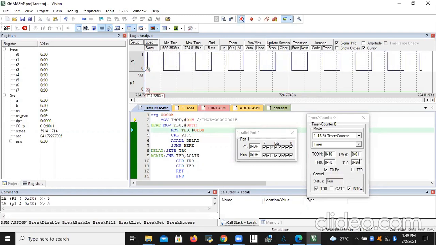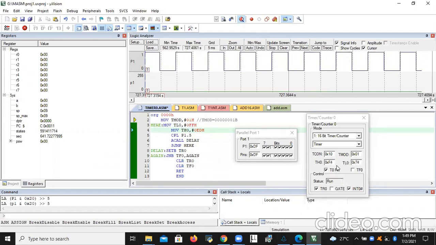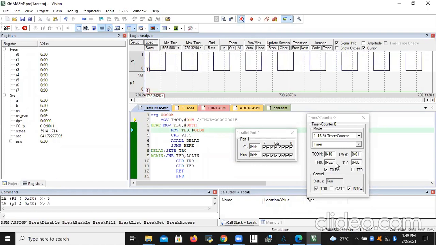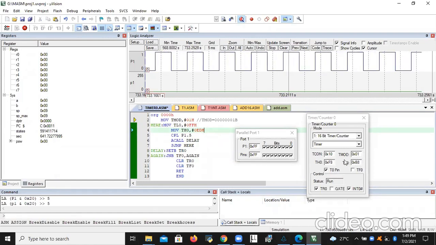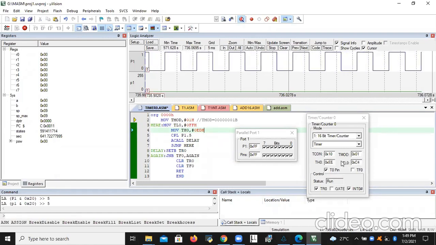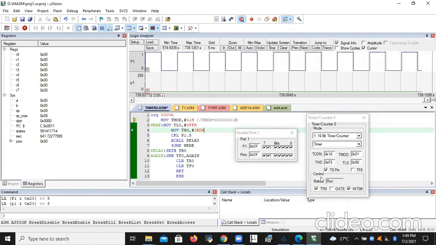Here you can observe these TL0, TH0 values go on increasing and reach the maximum value. And whenever it reaches the maximum value, then immediately overflow occurs.